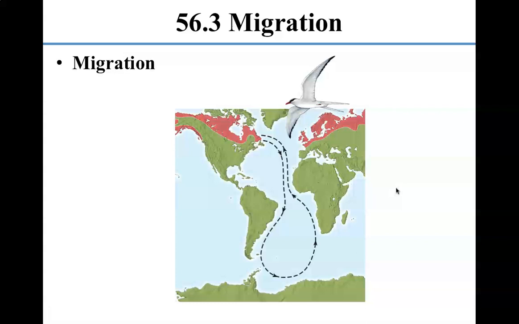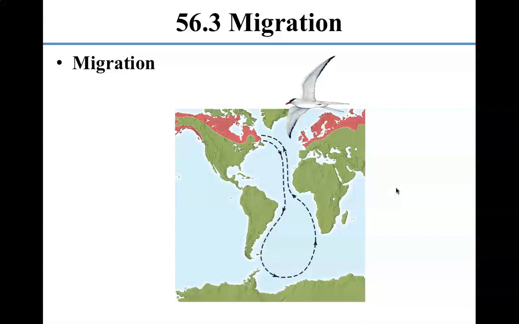All right, migration. Let's talk about some specific behaviors that animals do. One is migration. Migration is traveling from an area in which they were born to a distant and unfamiliar destination, and then returning to their birth site later on. Birds do this. In the picture, you can see an Arctic tern. It's born in northern Canada, and then it makes a round trip journey where it flies all the way to the South Pacific near Antarctica, and then it returns to northern Canada. So that's a pretty big deal. 70,000 kilometers, according to the book.